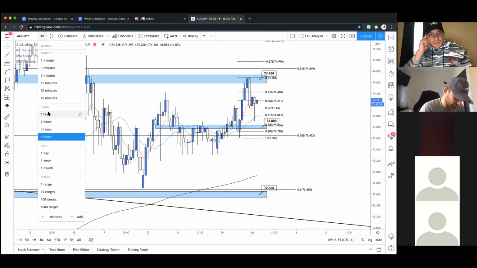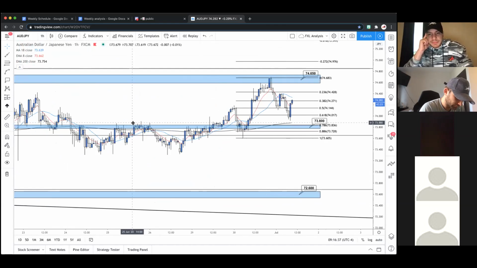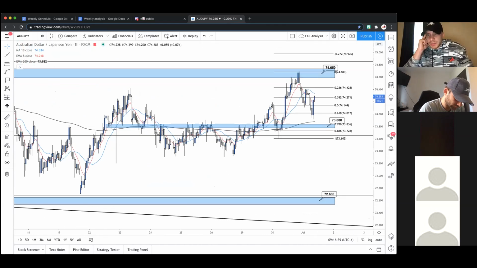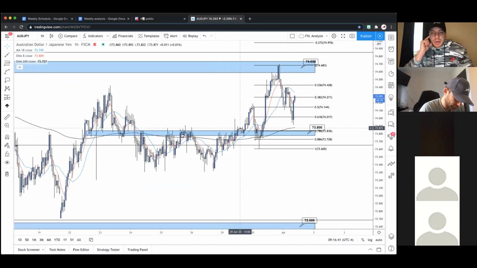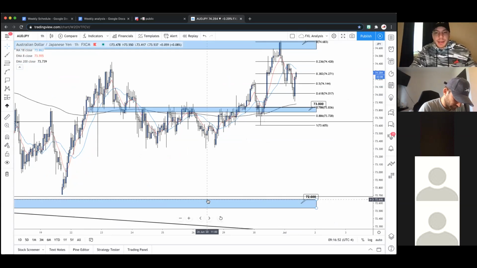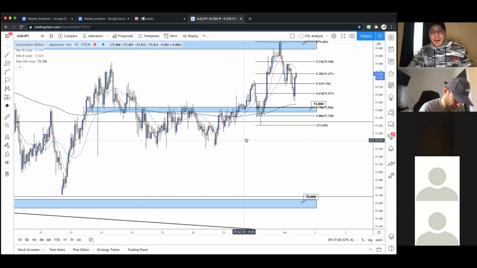Let me go to the 1 hour for a second. So we actually caught this trade. We saw that this was a transition here. Originally, we were short, right? This was a break of support here. Now it's testing as resistance. We thought this was a confirmed lower high. Thought this was going to drop all the way down to 72.6 again. Didn't happen. Instead, it established this floor here. Some major support around 73.4 that was established here. And then it just transitioned through.